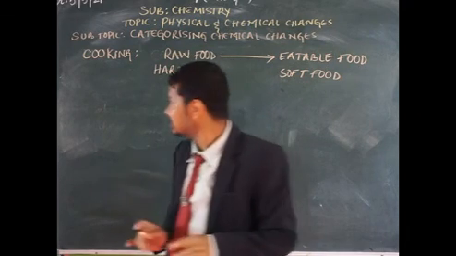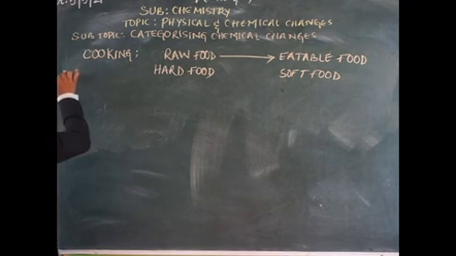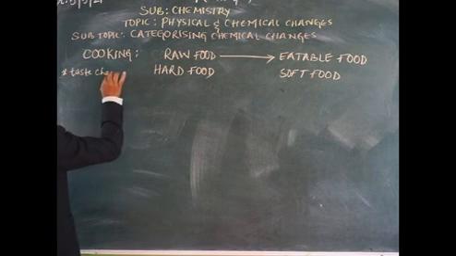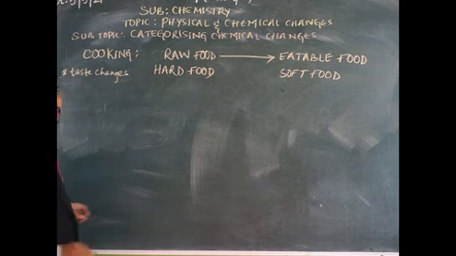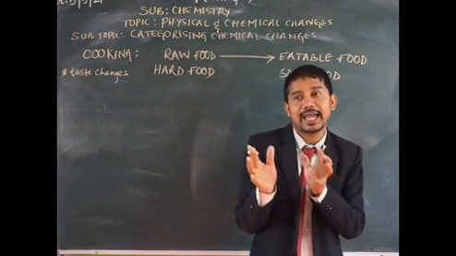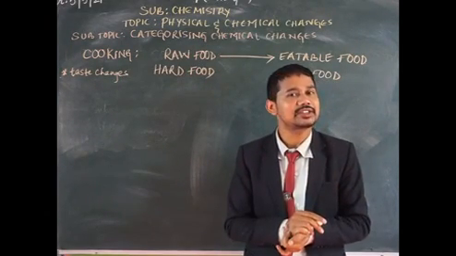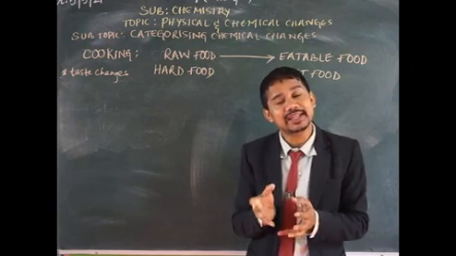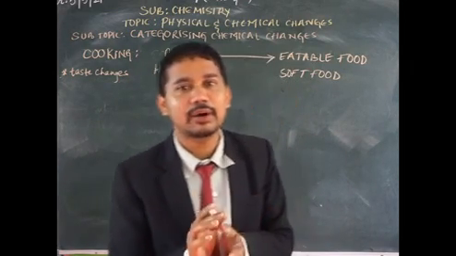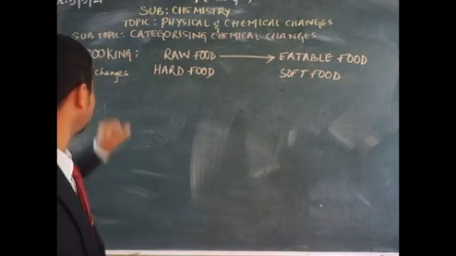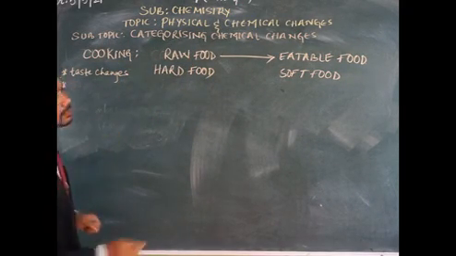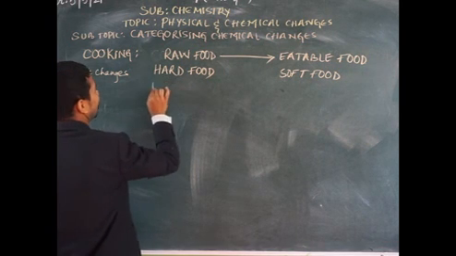What changes? Taste. So in cooking, taste changes. Why is the taste changing? Taste is changing because the chemical composition of the substance is changing. A new substance is formed. As a result, taste changes. And then again, say for example, here you write uncooked